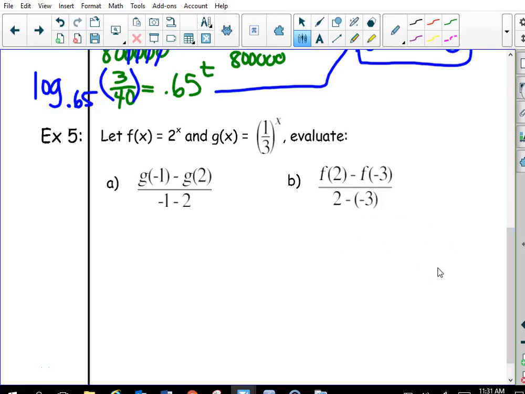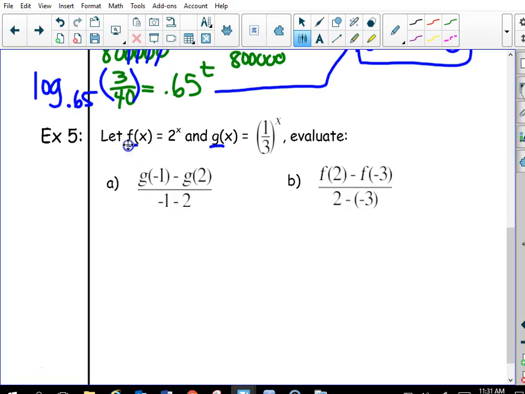Okay, I wanted to show you these two problems. I'm not really sure why they're in this section, but they look like kind of a calculus topic. All right, so all we're going to do, we've got two functions, f and g, and in the first problem